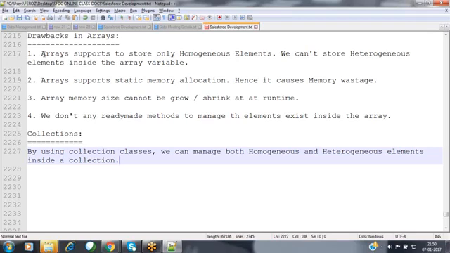We can store both homogeneous elements and heterogeneous elements. This is the first advantage available when coming to the collection.